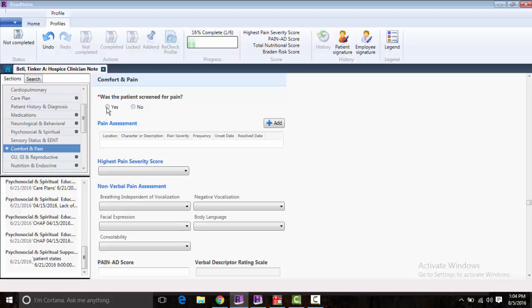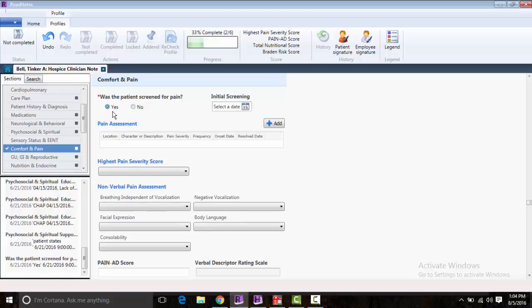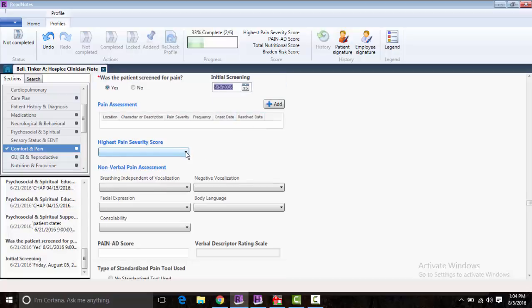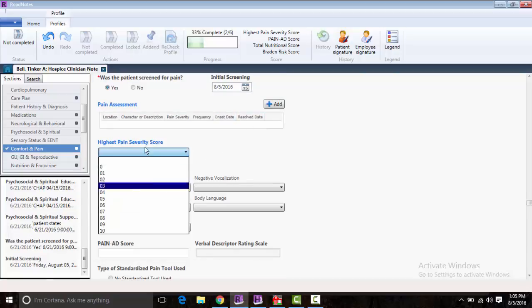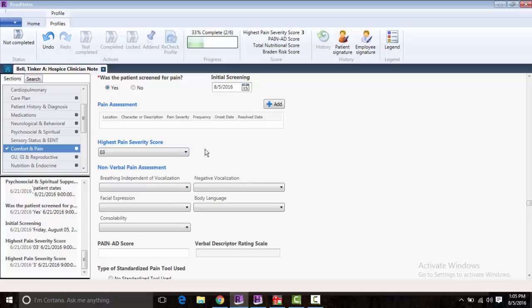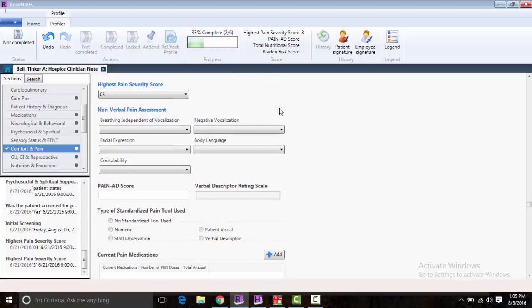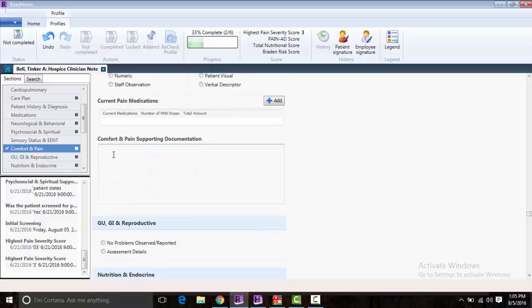So you would simply answer if they were screened for pain. If you mark no, that's the end of that. If you mark yes, you're going to go ahead and put the date of your visit in there. And then you can put if they give you a score during your visit, this is the highest pain severity identified during your visit. And what you would most likely do, you won't be doing a comprehensive pain assessment, which is what this box here does, but you could then come down to the narrative and say,